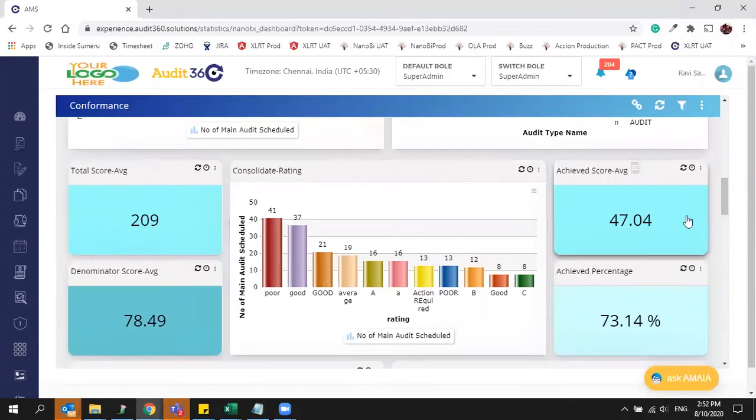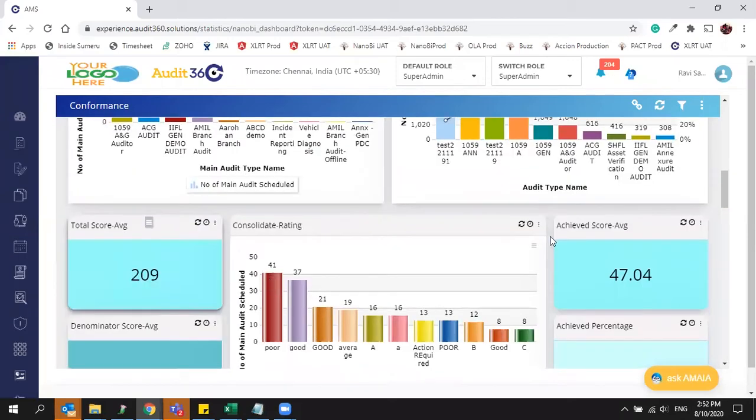Then this is the score related area, where you can see your average score, total average score, total achieved average score, denominator average score, and percentage of average score. The reason we are showing average here is that it helps when you are seeing large data, like two years or 1 year data. You may have to see the overall performance of the past 2 years, what is your average score of all the executed data.